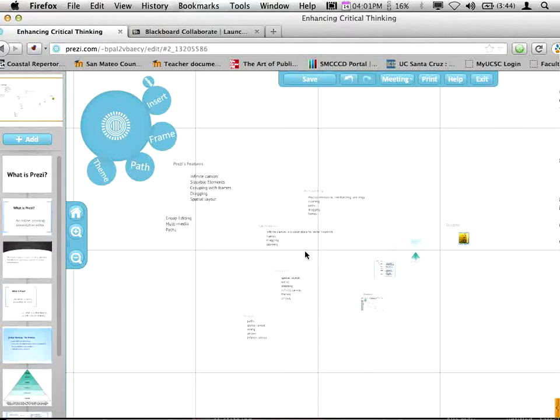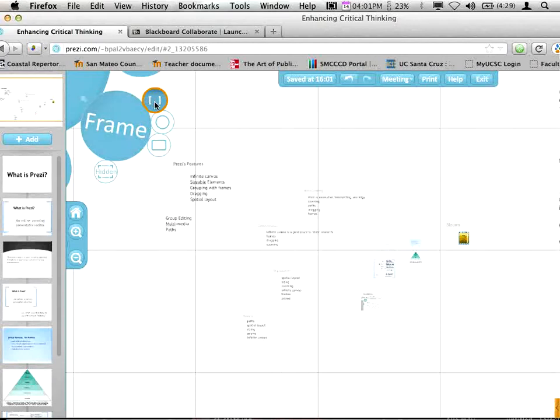Okay? And what they can do is start gathering things together in groups, and then you can actually move an entire group of information around. Okay, and you can do that a couple of ways. One, you can just shift and create a box, and move it. Or if you think it's more permanent, you can put a frame around it.